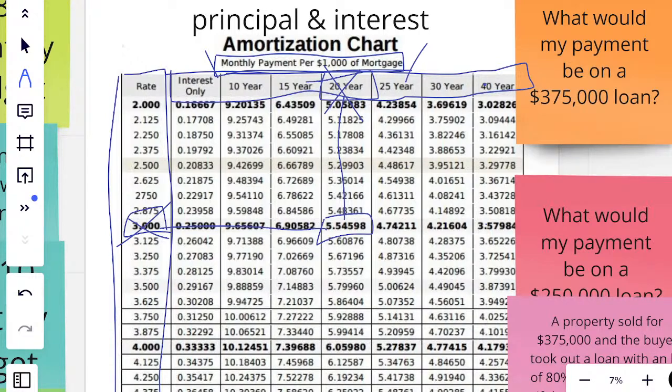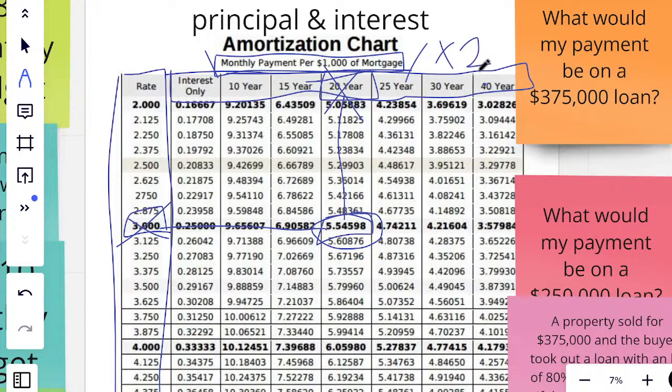Okay? Someone said 5.54598 times 2. Yeah, 100%. Let me ask you this, okay? What if it was a $10,000 loan? What would we multiply by? We take this number in the middle. So, again, a $2,000 loan, we're taking this and multiplying it by 2. $10,000 loan. How much are we multiplying it by? 10. Yeah,